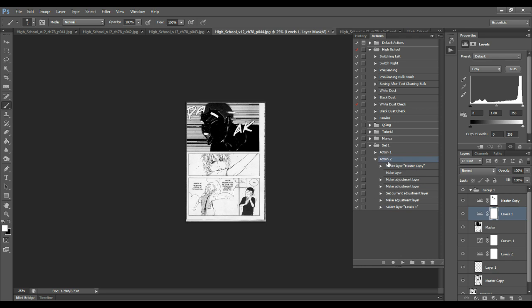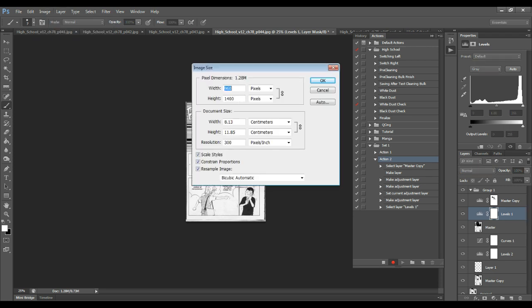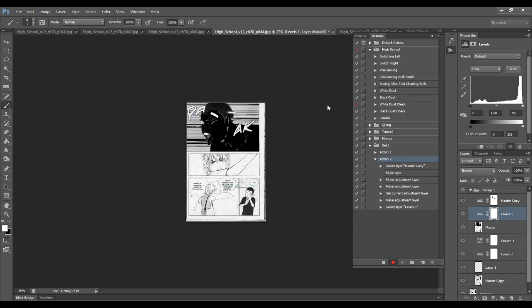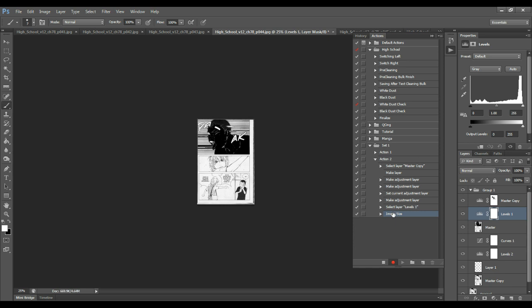So let's say I wanted to resize it before anything. Then I click on the action 2 because that's the first one. It's technically the first one. Now it will make something after it. So I want to resize it to 1000. Oh my goodness, it didn't do it. Well then, another way you can do this is to do the image resize, then stop. Sorry. So let's say that happened, okay? And you stop it. You want this to be first, so you click it, drag, and it will now be first. And remember that when you want to continue off, select the next one, the first one, the latest one,